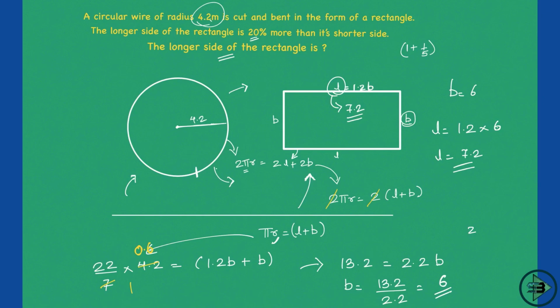So know what is given to you, and from that, see what you can get, and eventually you will reach your answer. The only thing you need to know here is that the circumference of the circle will be equal to the perimeter of the rectangle. This is because you are making it from the same wire, so the boundaries of both of them will be the same. If you compare this, substitute whatever is given, you eventually reach your answer.